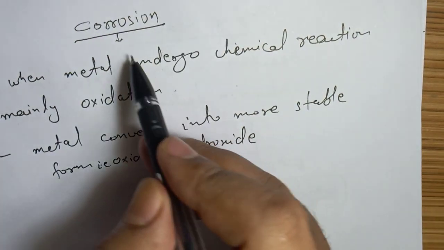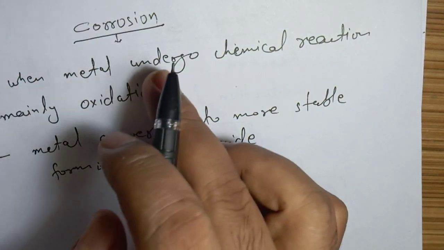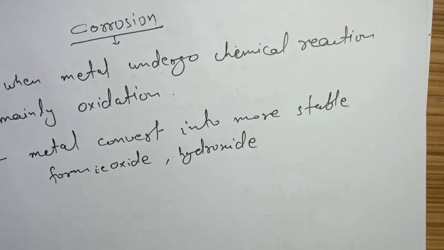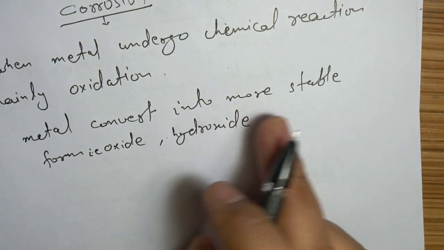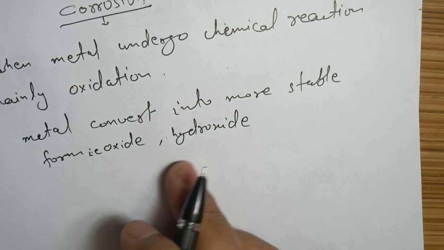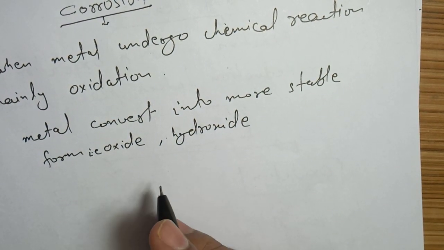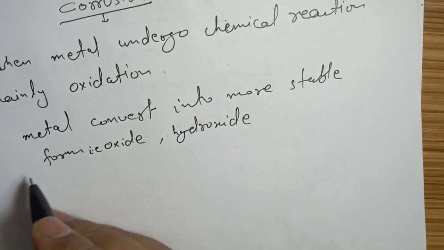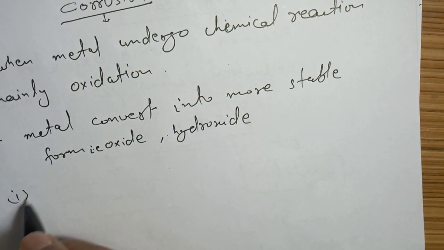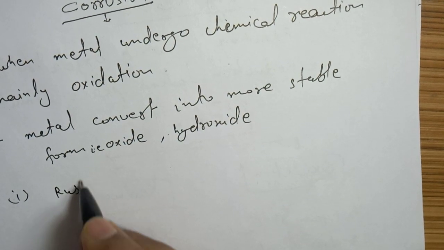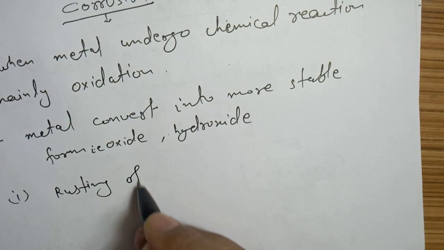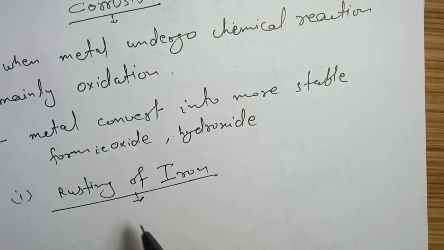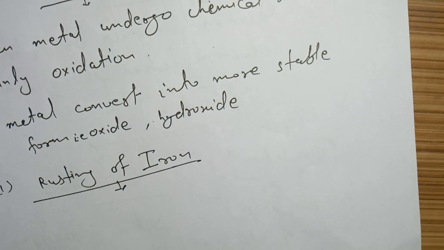It's corrosion. Corrosion is what? When metal undergoes a chemical reaction, mainly oxidation, the metal converts into a more stable form, oxide or hydroxide. Very important that you have to study is rusting of iron. Rusting of iron is a very important topic. What is that? When